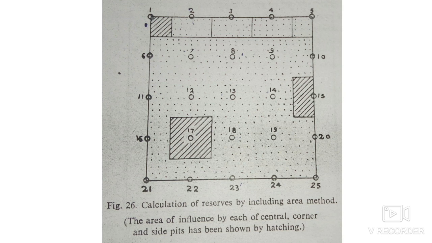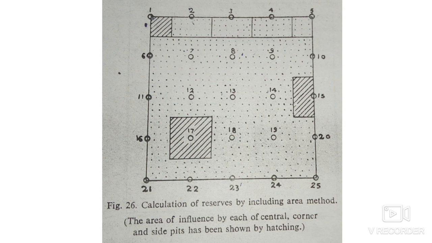We have already discussed that before we select a method to calculate the reserve, we must understand the basic history of that deposit, meaning which type of structural features there are: a fold, fault, lineation, foliation, or whether it occurs in a jointed pattern, as well as the boreholes and the pitch of that deposit. So it is very important to understand the structural properties of a particular ore deposit.